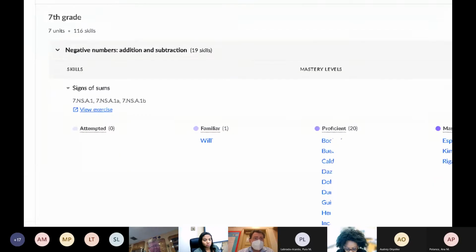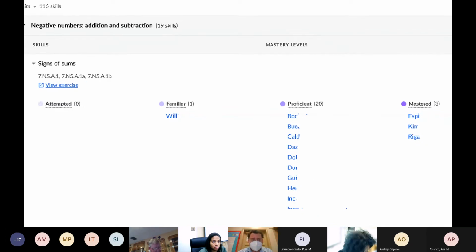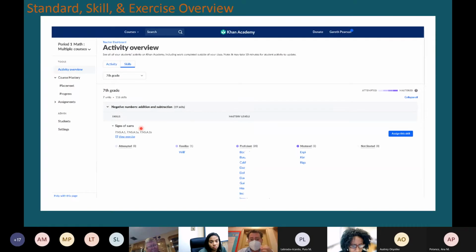So sign of sums, please notice, it gives me the standard for the skill. So it's not just, oh, these are exercises. No, no, no. These are exercises with their corresponding standard. You can see how many students have attempted it, how many have started it, but they're not quite there yet, how many are proficient with it, and how many have mastered it. So this gives you a perfect way to identify who you need to target for which standards, for which skills, in what differentiated instruction setting. It's wonderful. It's direct, it's to the point, it's user-friendly. And you can do this for literally every single skill in your entire,